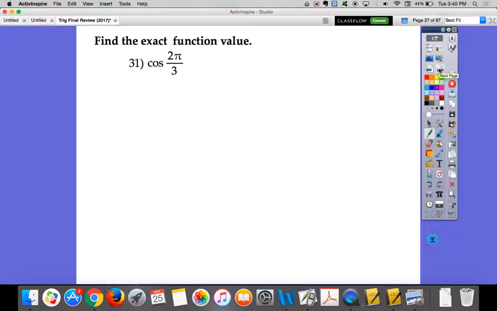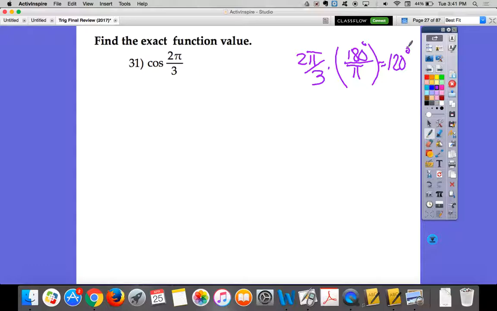Okay, find the exact function value. So we're doing basically what we did earlier. We just happen to be doing it with radians. Now, if you absolutely hate radians, you can take yourself a moment and do what we just did and come over here and you can mumble the entire time if you want to, and convert this to degrees. And when you convert it to degrees, you should get 120, and you're right back to where we were earlier